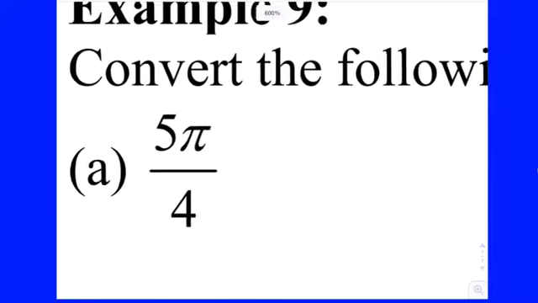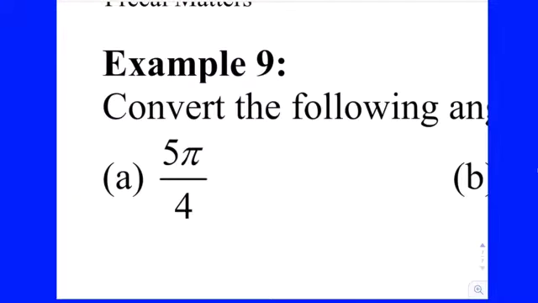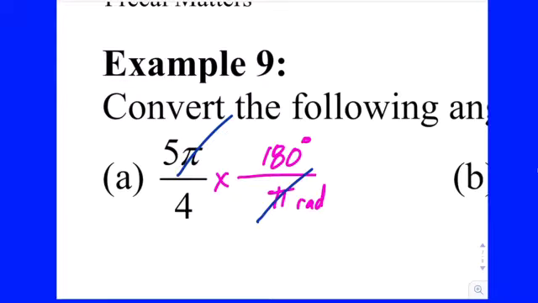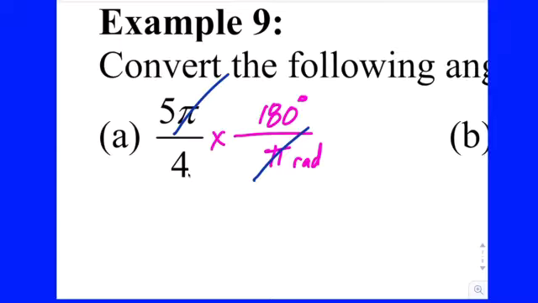All right, so 5π/4, is that degrees or radians? Radians, no degree. So we need to multiply by 180 degrees over pi. Now, you don't have to put rads, but you certainly can. If your angle in radians has pi visible in it, like we prefer, it's really nice because your pi's divide out. So now you can just type it into your calculator: 180 divided by 4 times 5. Or if you remember, pi fourths was 45, so with 5 of the 45s, you end up with